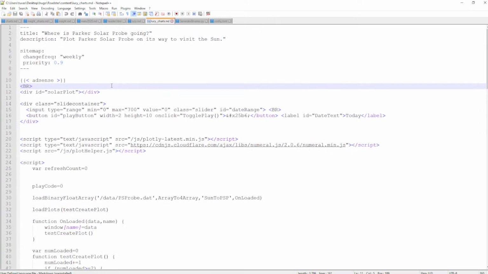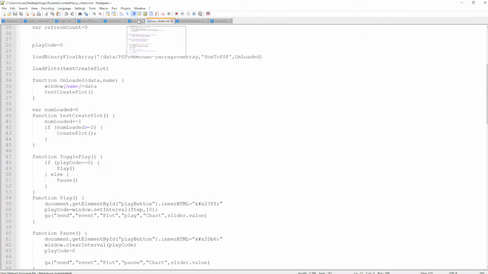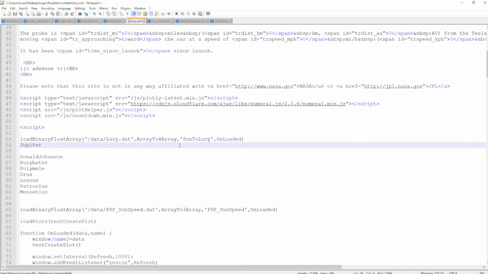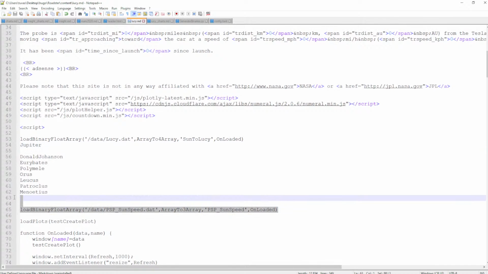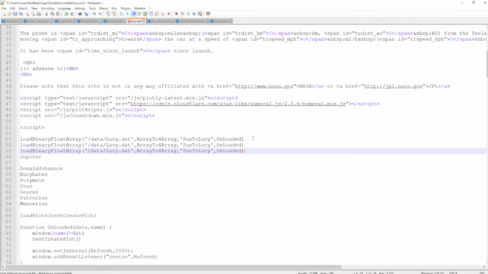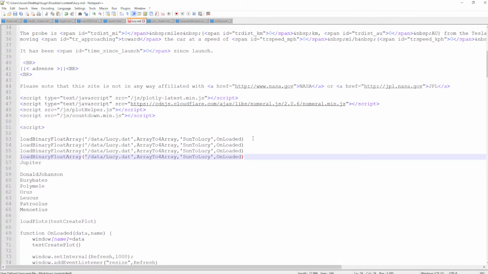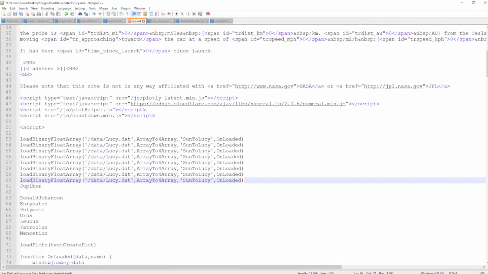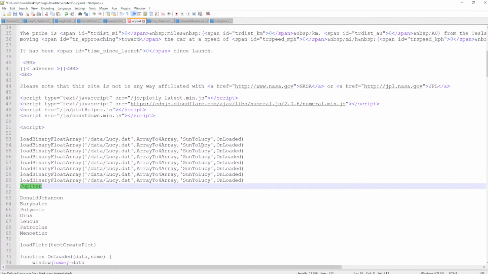So back in Lucy.md, we're going to load in the files that we need. We do not need an equivalent of that. So all we're going to do is 2, 3, 4, 5, 6, 7, and 8. So we'll put Sun to Jupiter, Sun to, I'm just going to call this DJ. It's only used internally, so